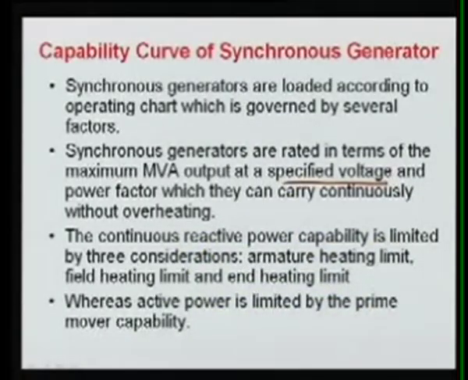If we are using MVA, it will be associated with the power factor and of course the specified voltage as well. At this rating, the generator can run continuously without overheating